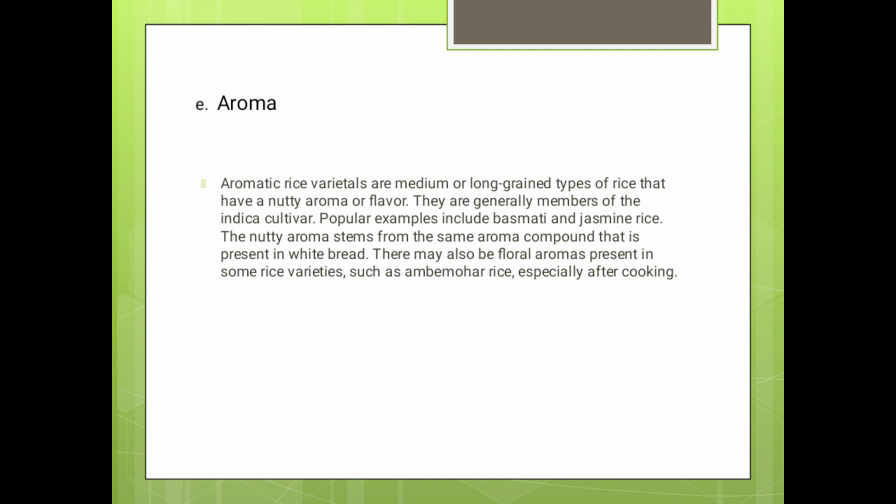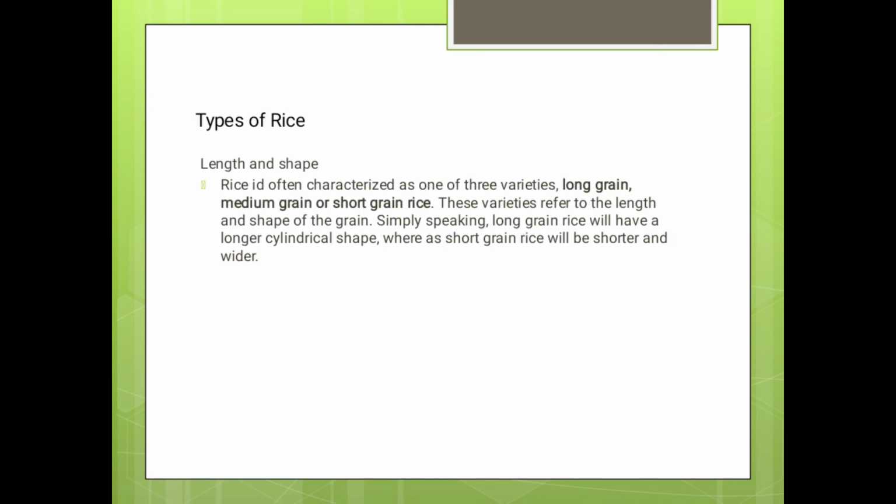So basmati and jasmine rice, as I remember, mo ni siya katong mga puti nga rice that nutty aroma stems from the same aroma compound that is present in white bread. So mo siya puti. There may also be floral aromas present in some rice varieties such as ambe moha rice, especially after cooking. So that one.